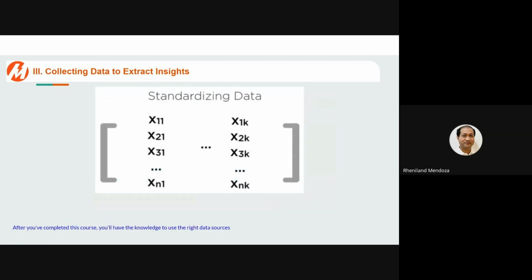So what is standardization? When you're working with data, standardization is a common pre-processing technique that you'll use with numeric features. So let's consider your data set represented in a tabular format as shown. There are key features or columns in your data, and there are a total of n records represented by x_n1 up to x_nk. So your data could be represented using this matrix.